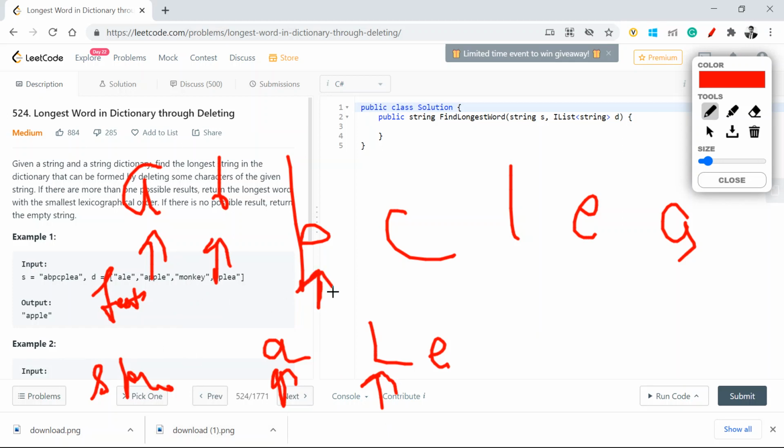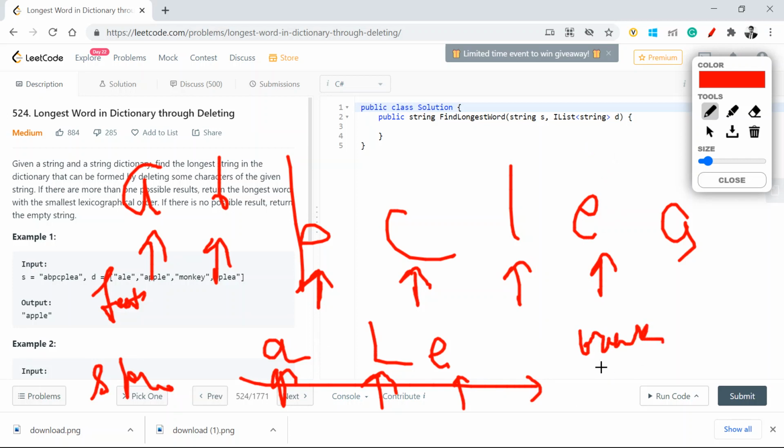Is this matching? No, it is not. Is this matching? No, it is not. Is this matching? Yes, this is the fast one, and this is matching, so I'll again move both of them together. Now I'm at this one and this one, and both are matching. Then I have already reached the end of the slow array, so I'll break and move out of the conditions.